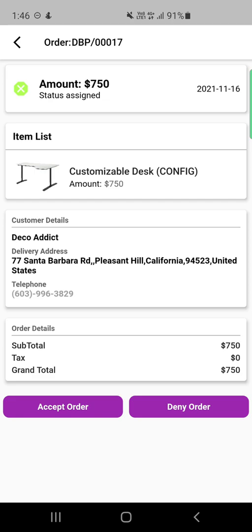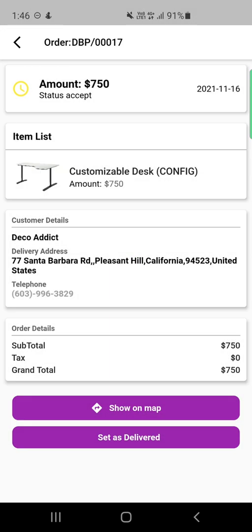So if I tap here on the accept order, you can see that the status has now changed to accept. The icon has also changed, and now we have two options here. One is show on map and the other is set as delivered. Now, as I've already told you, the delivery agents have the option to view the delivery address on the mobile app itself. So if I tap here on the show on map,